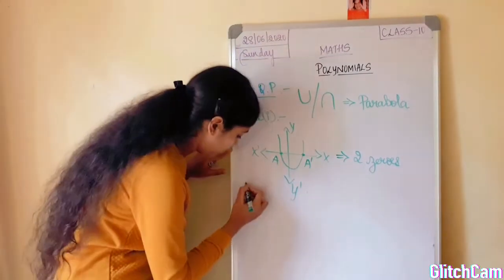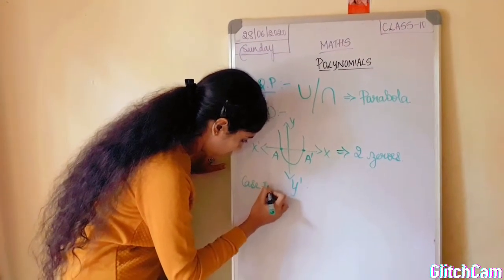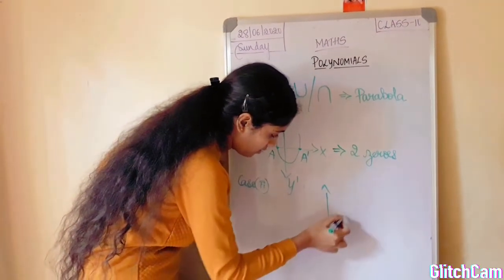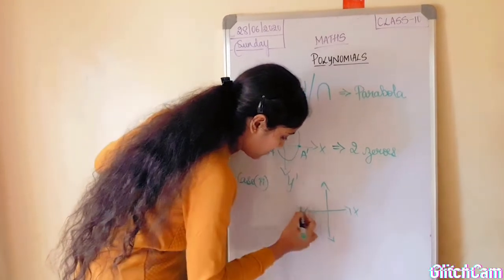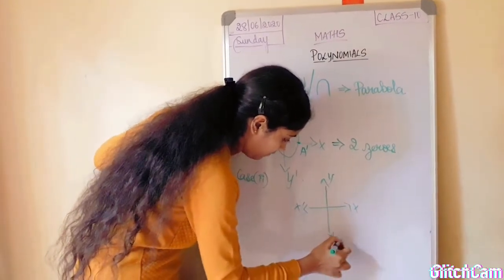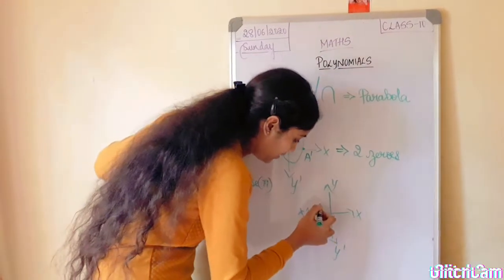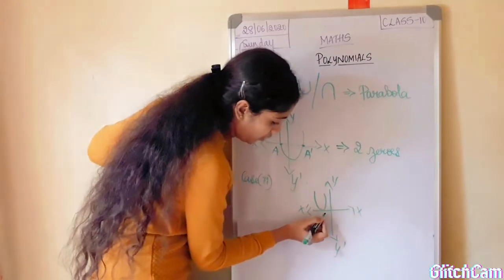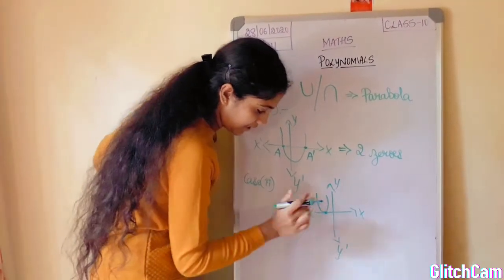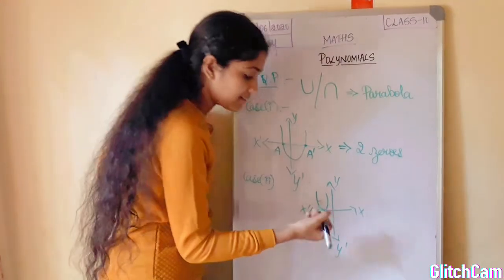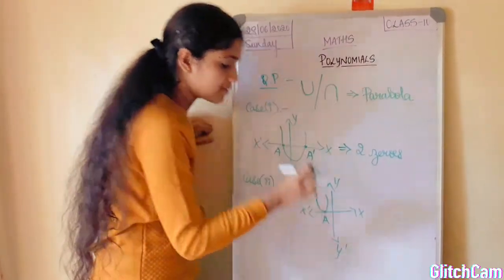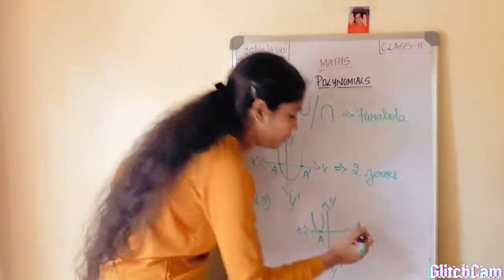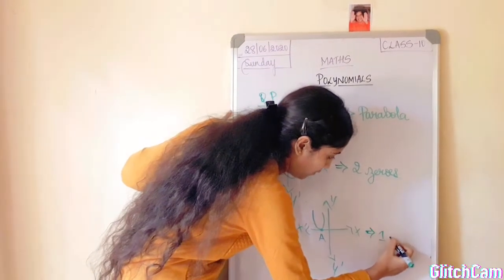Okay. Next, you have case 2. In case 2, again you have the Cartesian plane, x dash, y dash. In this Cartesian plane, the parabola intersects this way. So you just have one point intersecting the x-axis, name it as a. So now this point is the 0 of the given quadratic polynomial. So here in case 2 you have only 1 zero.